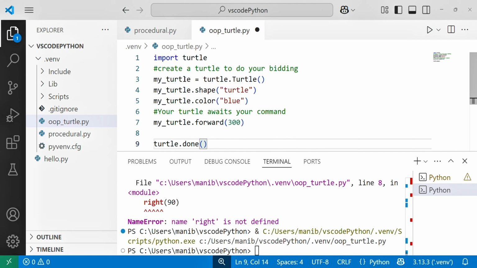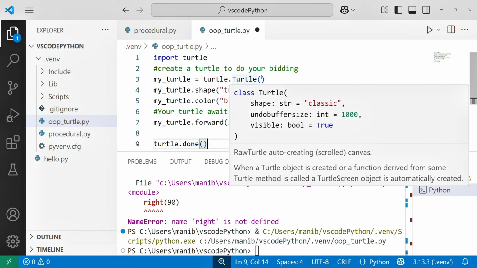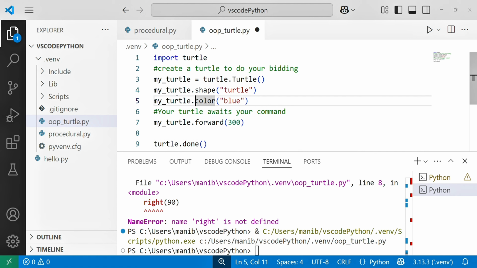For that, my turtle is equal to turtle, where we are calling the turtle class, and where we will define the shape, what shape it will be and how it will be visible, so shape and color. So for that, we use my turtle dot shape, which is turtle, and then color I am giving blue.